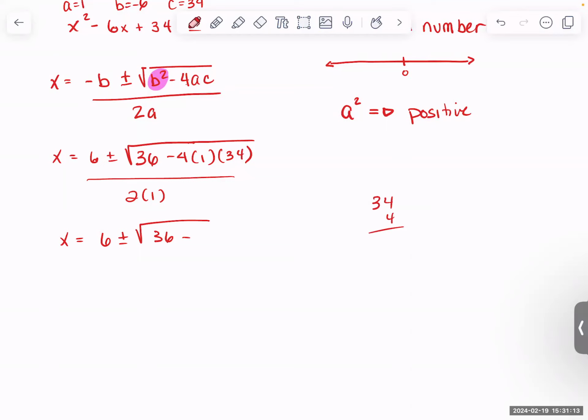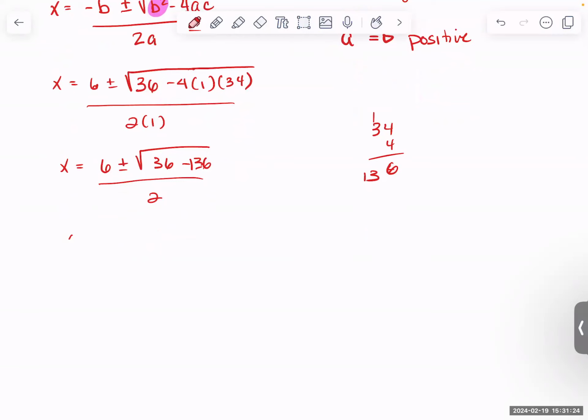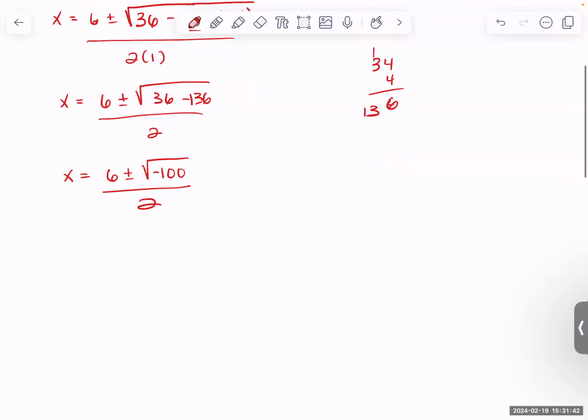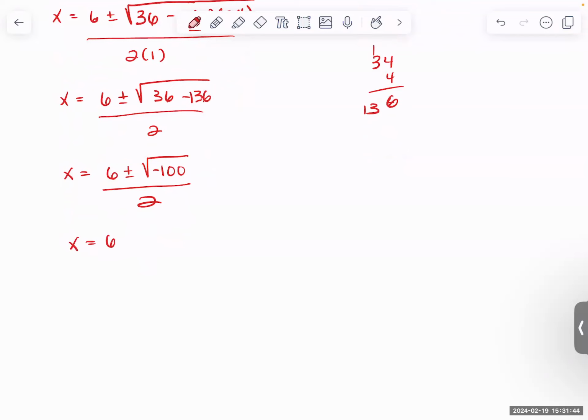You can tell I didn't do the problem before I started the video. 136 over 2. Well, 36 minus 136 is negative 100. And that's why we have imaginary numbers, because imaginary numbers allow us to take the square root of a negative. The square root of negative 100 is what, 10i? So this is 6 plus or minus